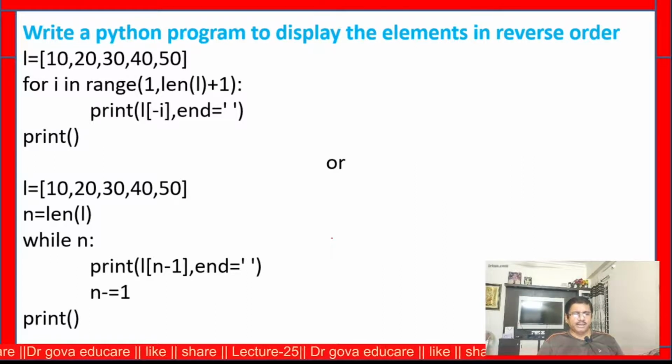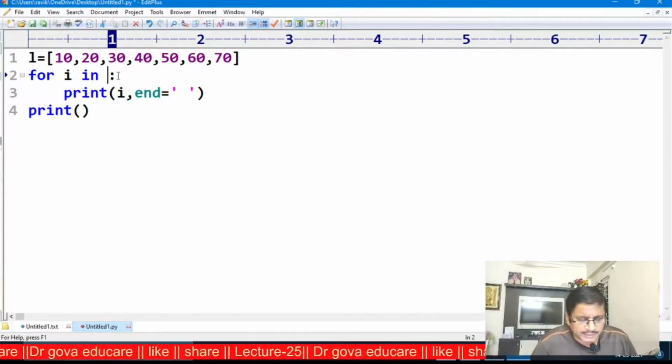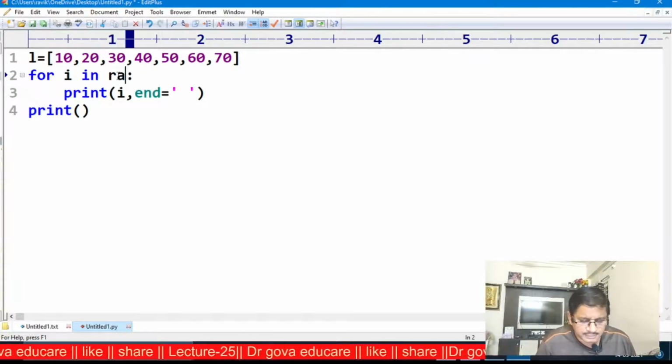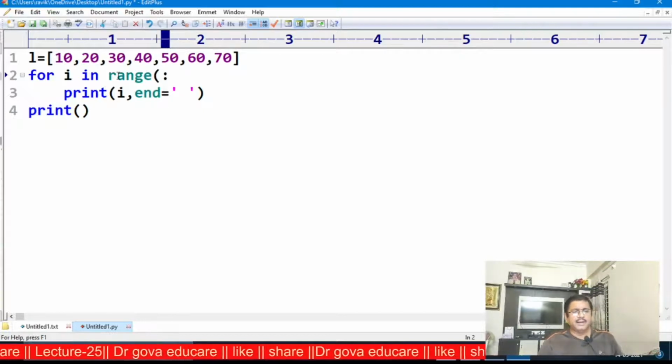Now the first way, I am using the for loop, for I in range. I want to start from the last index.